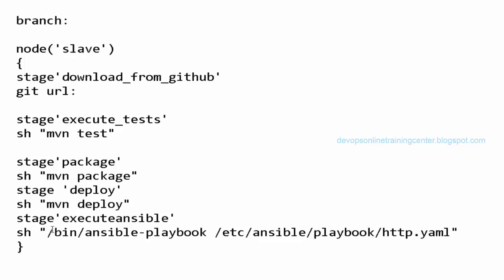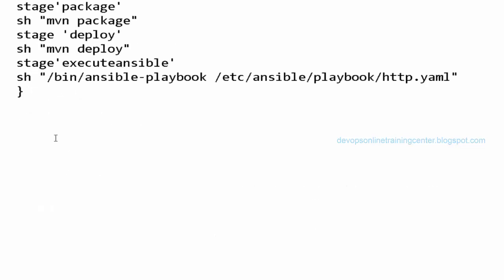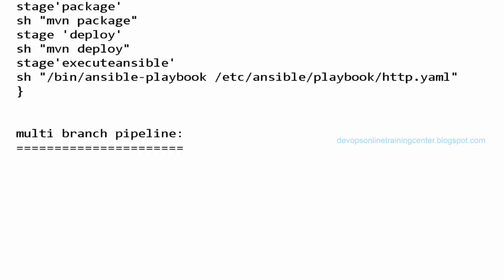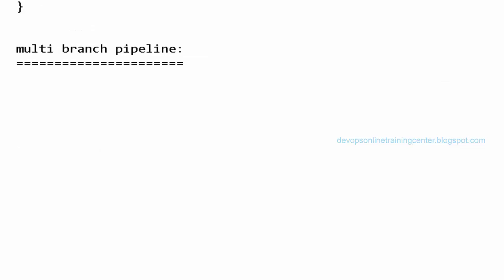So if you have multiple branches, I need to have multiple pipelines, right? So we have freestyle job, Maven project, pipeline, and then something called multi-branch pipeline. Jenkins should automatically detect the branches present in the repository, then based on the branch, it should automatically perform the job. So what are the branches we have in a repository, in a project?